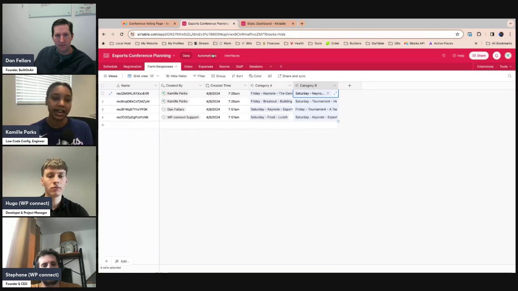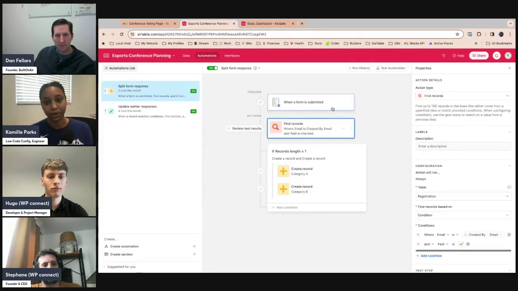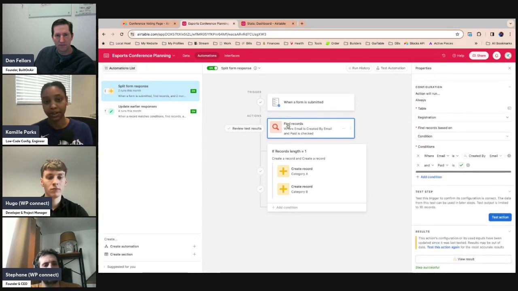So the first thing that happens when you submit a form, I have a find record step that's checking my registration table to see, is there a record where the email matches the created by email, which is filled in because I have that option selected on the form, and then check if they're paid. If there's exactly one registrant that has that email, and there hopefully should only be one person, hopefully someone didn't register twice with the same email, and that they have paid, then go ahead and create a new record in